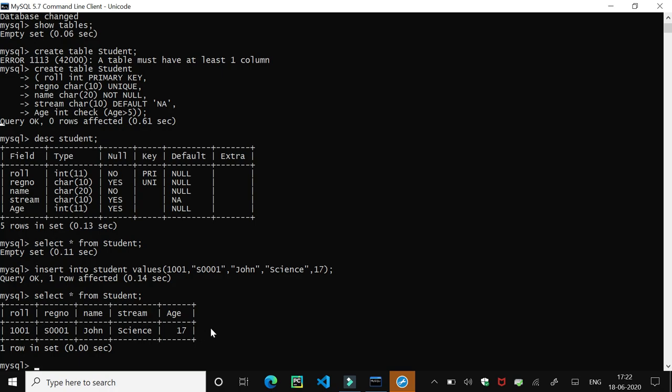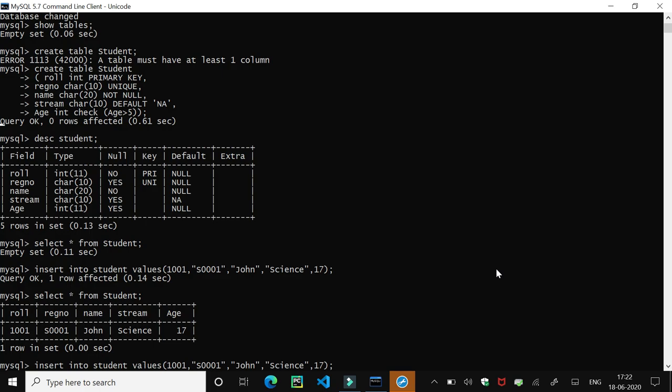So now I just want to enter some more values here. So again I just need to edit the values which we passed earlier. Here we have the command insert into student. This command we used to enter the first record. So we can edit this command to save typing time.